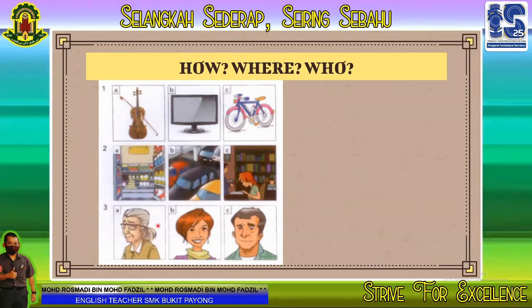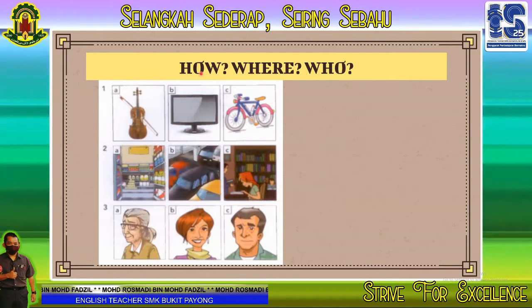Question 3, A, B, C. Now can you decide which question words might go with each set of pictures? Just guessing.